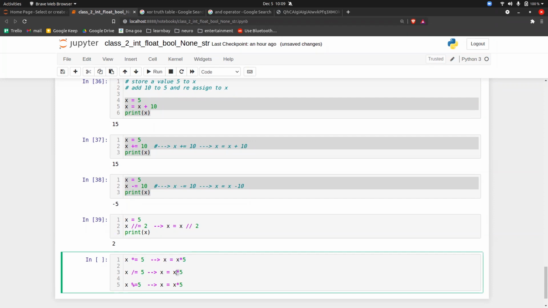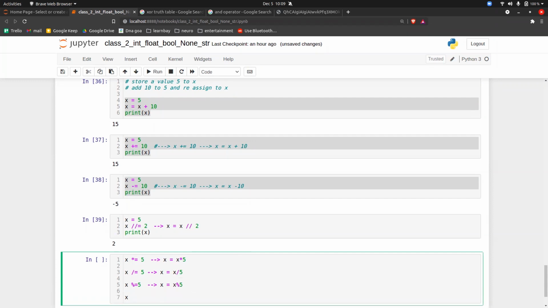Divide equal to 5 will be x divided by 5. Modulus equal to 5 will be x modulus 5. Then you have x power equal to 5, equivalent to x to the power of 5.